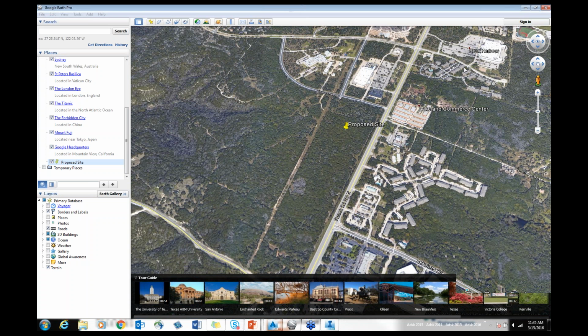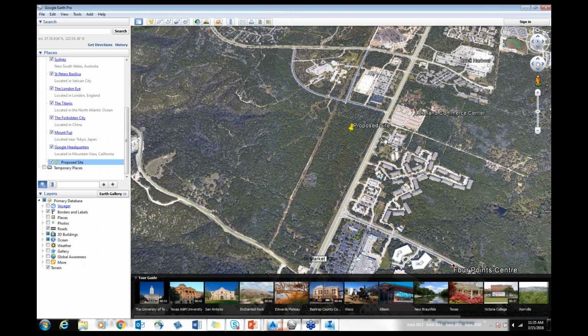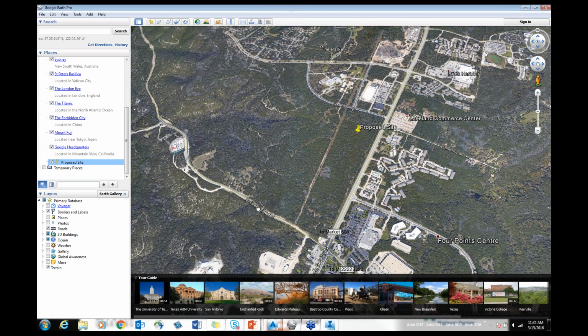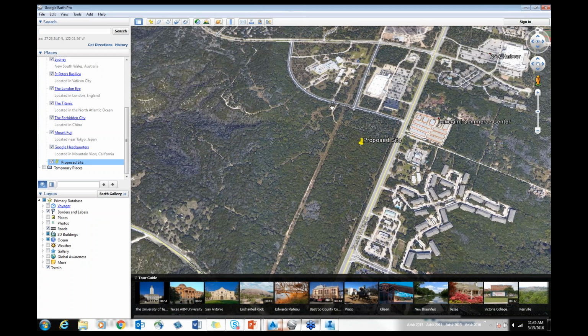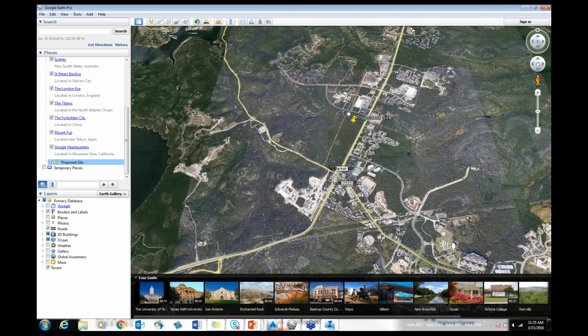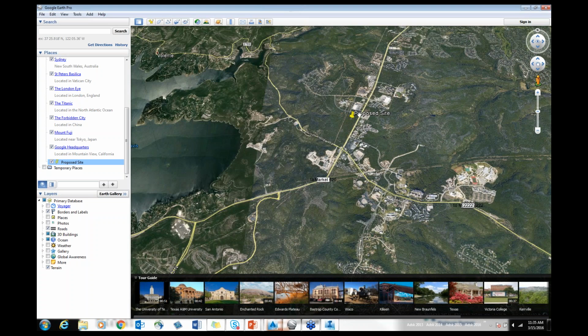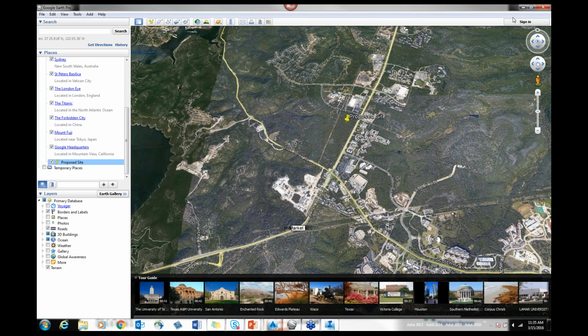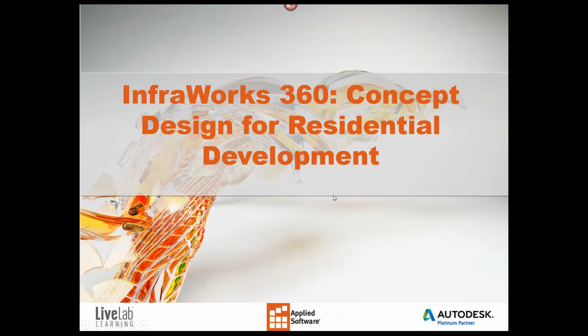And we're going to use this as our go-by. This is Ranch Road 620. I've got Bullock Hollow Road, and this is Vista Park Drive. And right over here is Lake Travis, just to orient yourself with where we're going to be. So I don't need this anymore. Let's head over to